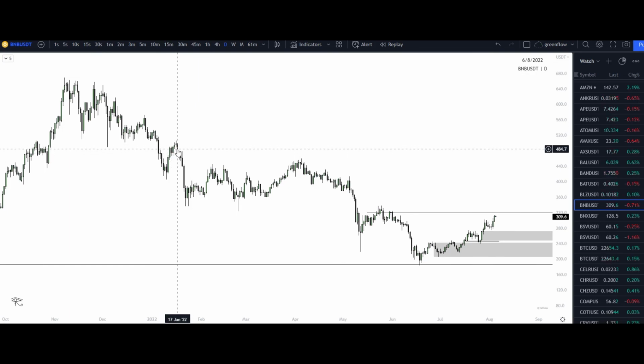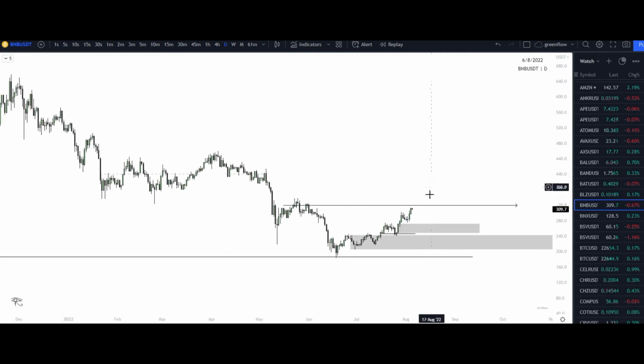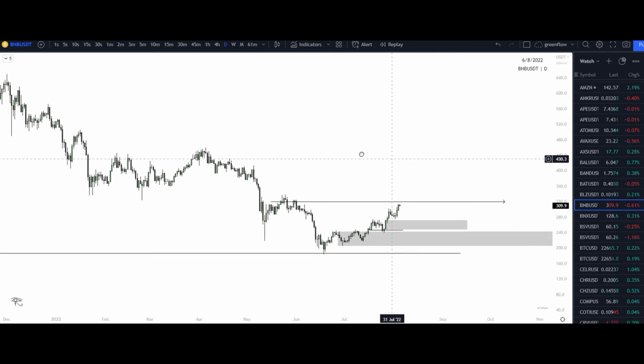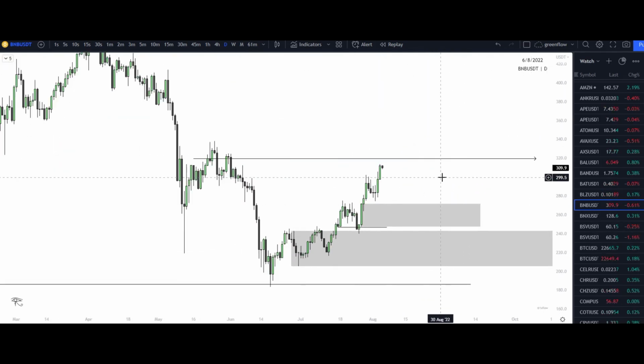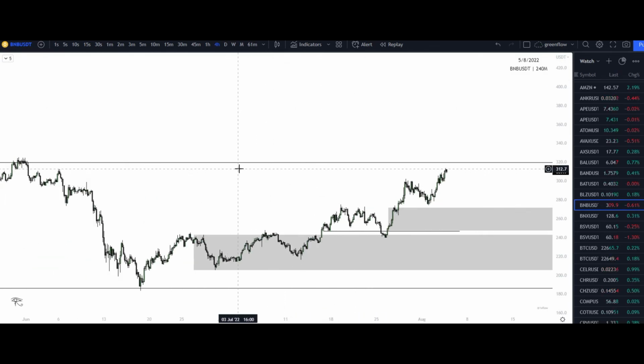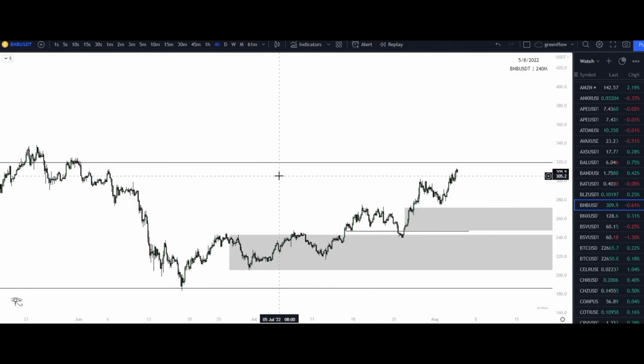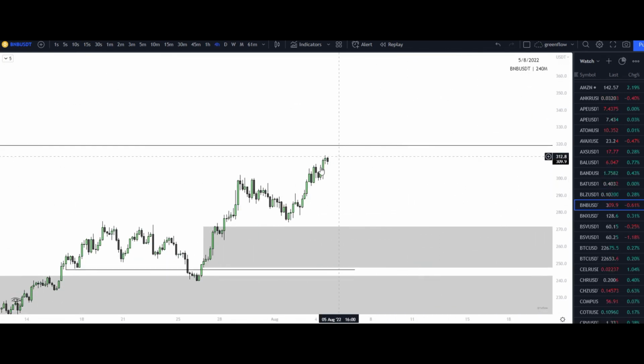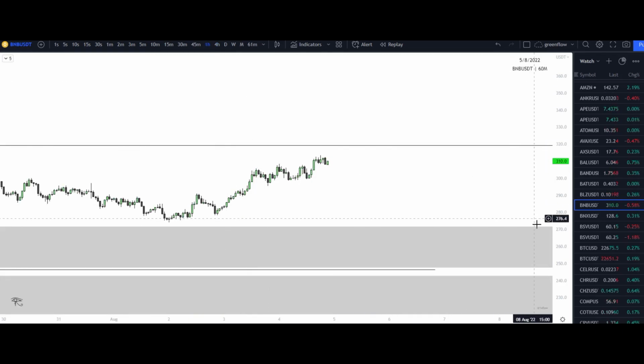Look at this imbalance fill around 484 and 476. If we can break this structure point to the upside, all of these highs that are presented right here should continue. As far as any shorts or anything like that, I wouldn't be too confident in getting into a short trade right now. We are coming up into these areas, possibly mitigating these areas of supply from this high that caused this new low right here. But we aren't receiving, right, any strong displacement candles at the moment.